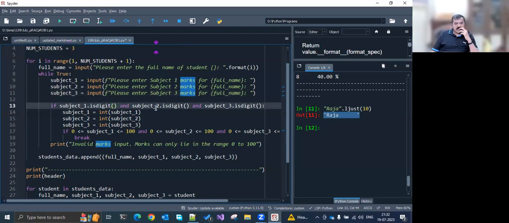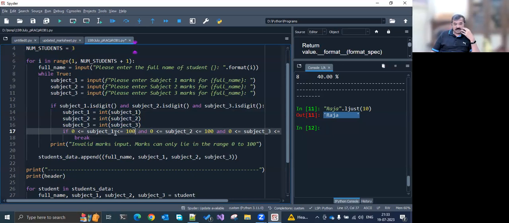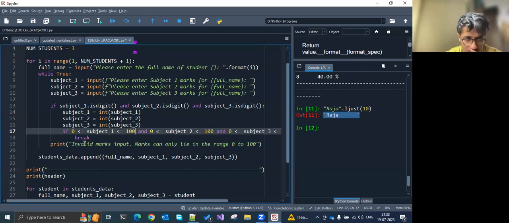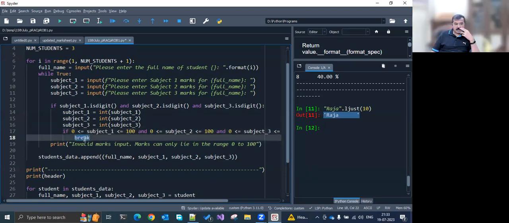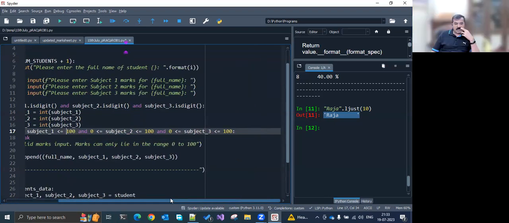If subject 1 dot digit and subject 2 dot digit and okay, तो सबको इंटीजर में कन्वर्ट कर लिया। ओके, अच्छा ये 0 और 100 क्या है, तो गिव नेम्स टू देम। नेम कांस्टेंट है, मिनिमम मार्क्स एंड मैक्सिमम मार्क्स। Yes, sir. Okay, sir. ब्रेक कर रहे हो? सर अगर वो नहीं रहेगा तो नहीं, कहाँ लिखा है आपने? रहेगा तो लिखा है।